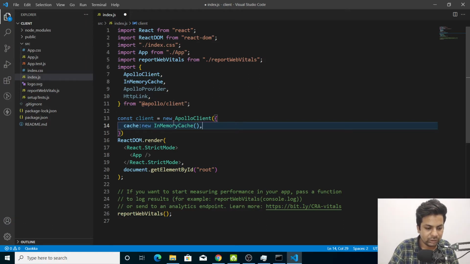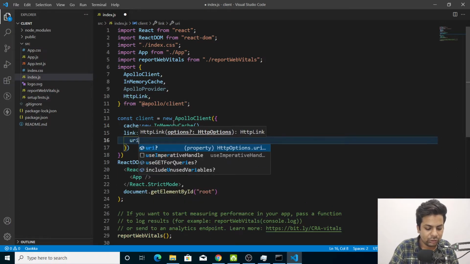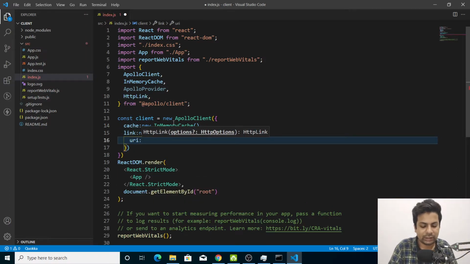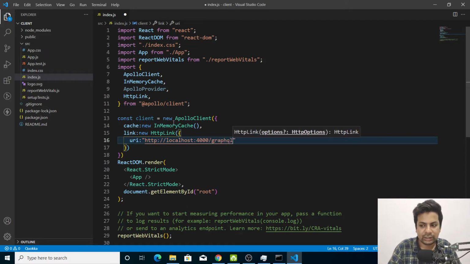Then we'll say link, new HttpLink, and here we'll say uri. Now we have to tell where we are running. So we are running on http://localhost:4000/graphql.